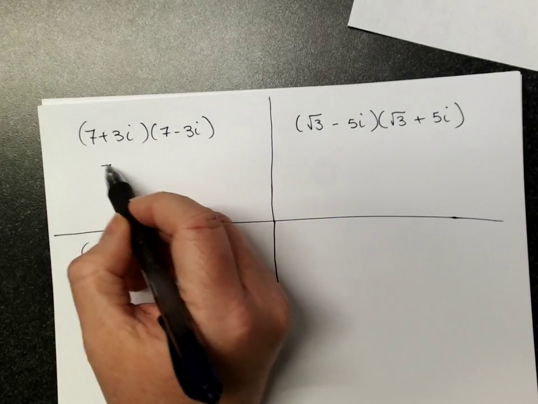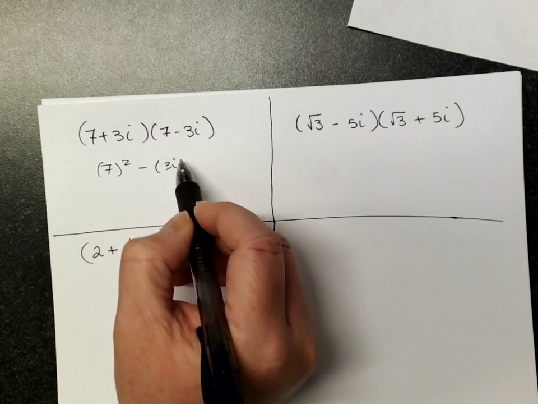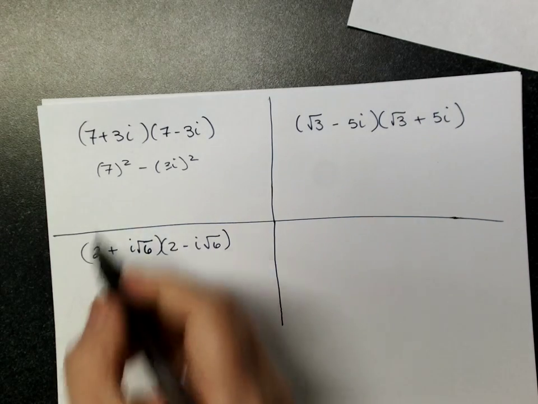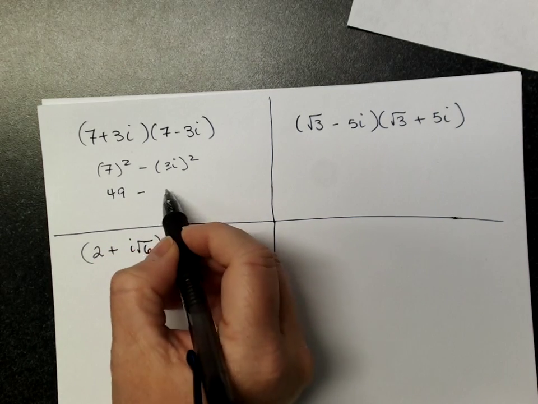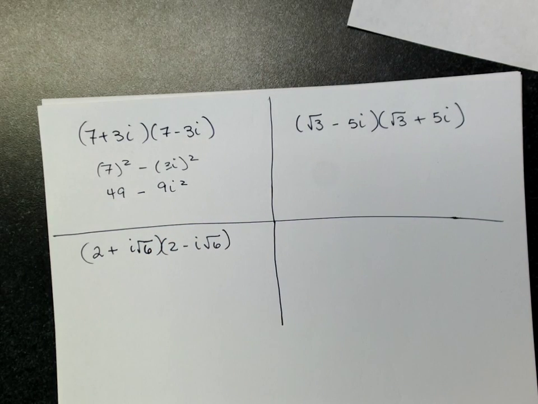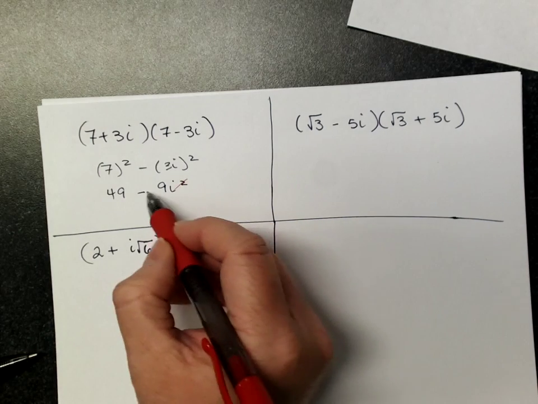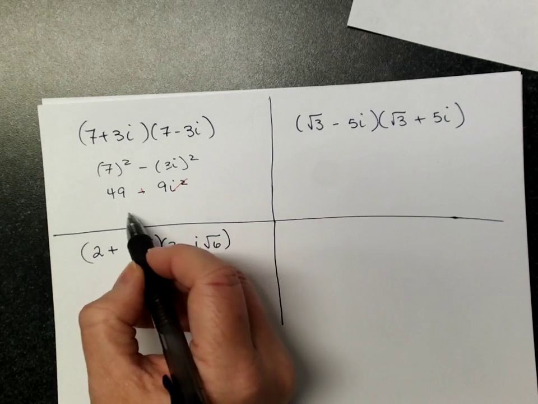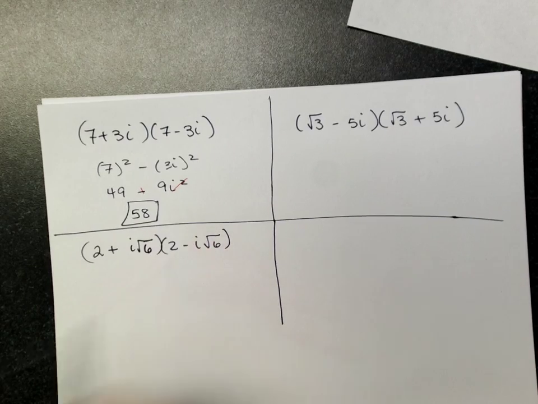Either way, it's our first term squared minus our second term squared. Like I said, I'm going to do the full just to be consistent with the a squared minus b squared. First term squared minus the second term squared. Remember that square belongs to the 3 and the i. Comes negative 1. And you can see the i is gone. You're left with a real number. Complex conjugates will leave you with a real number,